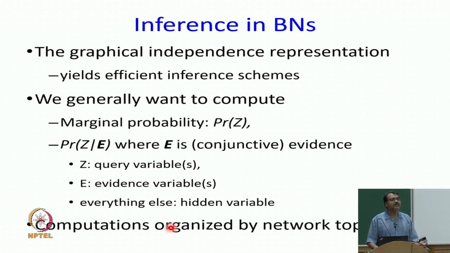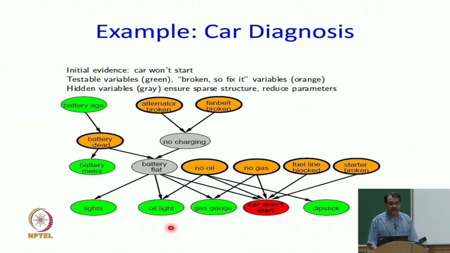I mean, these kinds of Bayesian networks are incredibly common. For example, this is a car diagnosis Bayesian network. It says that battery age I can observe, battery meter I can observe, whether the battery is dead or not I cannot observe. I can observe whether the oil light is on or not, but I also observe the car is not starting. So, what are the likely causes? Now, this is exactly the diagnosis kind of question we did in logic also, except we now will have a probability distribution of what is the more likely cause of a certain event and what is the less likely cause of